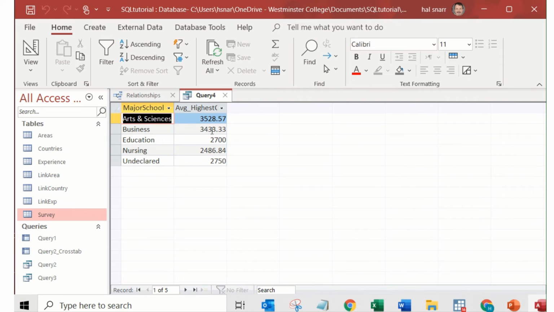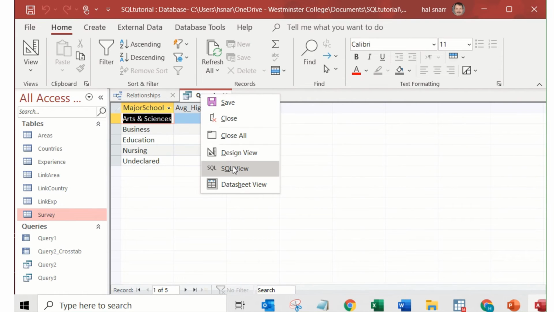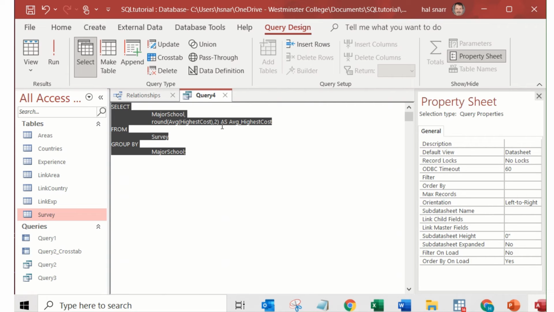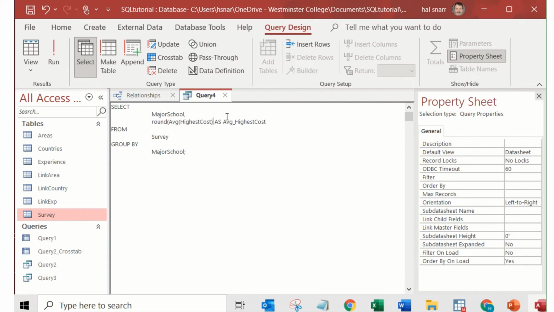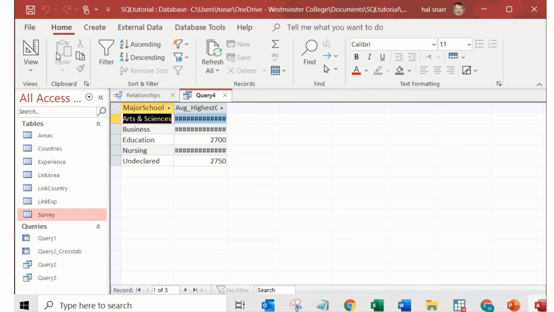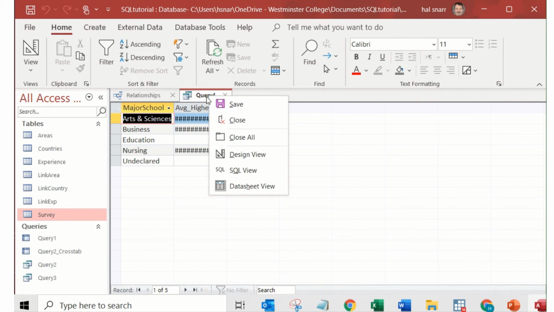Now, I prefer the $ signs. So let me go back to SQL view. We'll get rid of the round to 2 decimal places, and we'll just do average, parenthesis, highest cost, close parenthesis. And then run. Now, because I did it in SQL, I messed up my decimal places and the dollar signs. So let's just go. Oh,